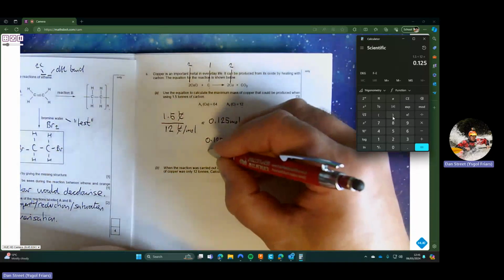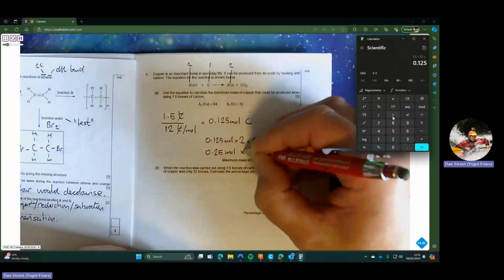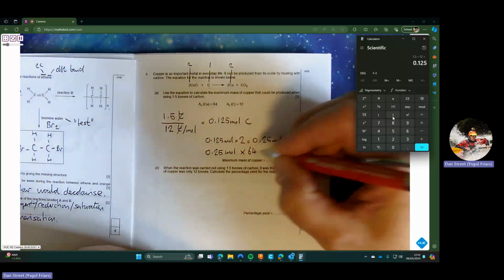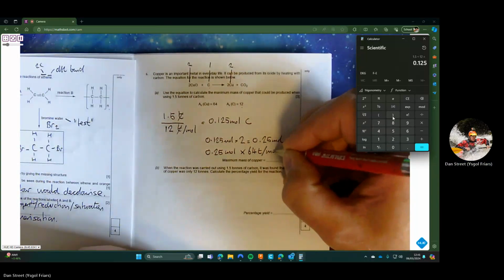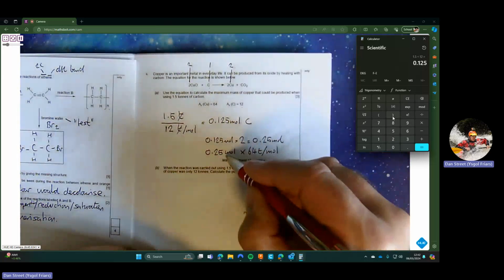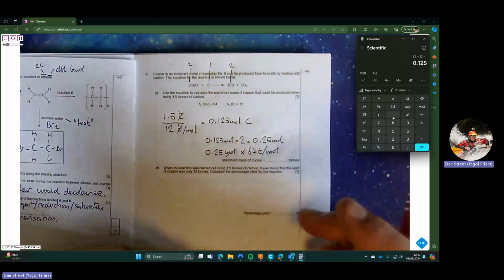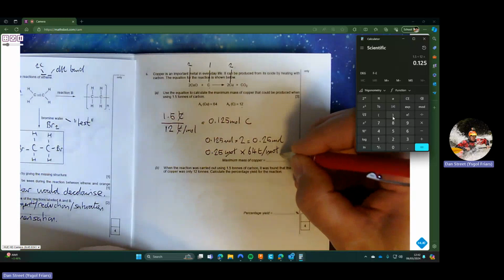So if we further multiply that value by the AR of copper, which for the purposes of this calculation is 64 tons per mole. So if we look at the units, mole divided by mole, they will cancel. I'll leave it as an answer in tons, okay? And a quarter of 64 is 16. So 16 tons